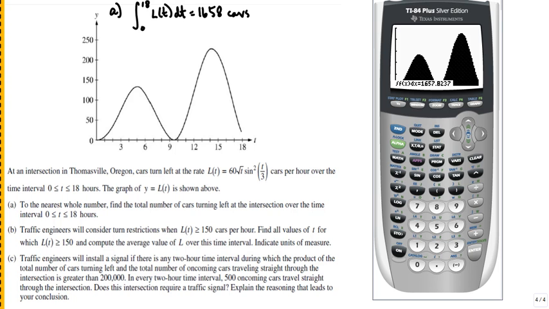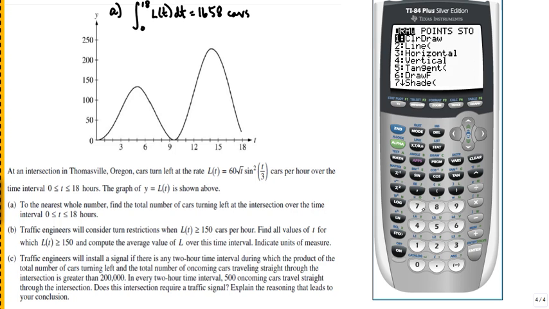B. Traffic engineers will consider turn restrictions when L of t is greater than 150 cars per hour. Find all values of t for which L of t is greater than 150 and compute the average value of L of t over this time interval. So I'm going to clear draw to get rid of that, and the best way to do this is to put in a function 150